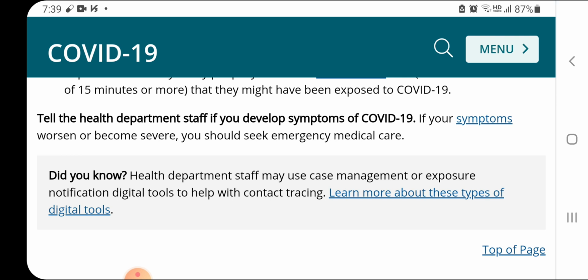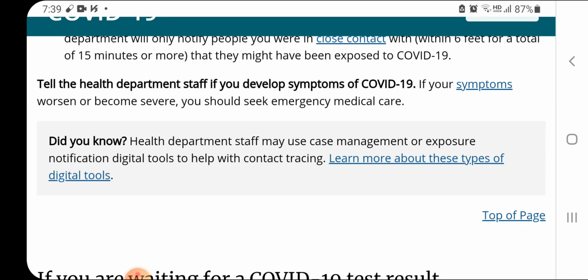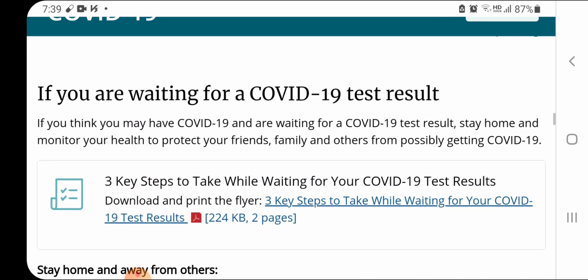Did you know? Health department staff may use case management or exposure notification digital tools to help with contact tracing. If you are waiting for a COVID-19 test result,